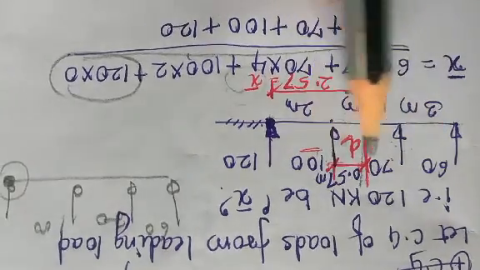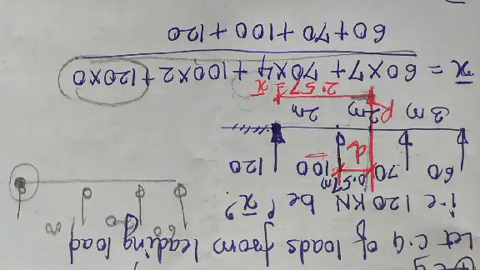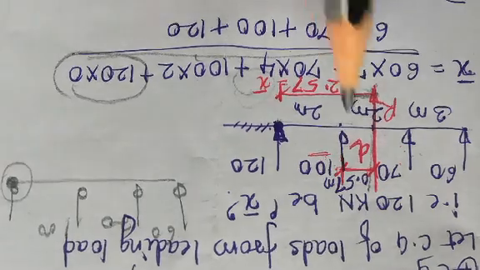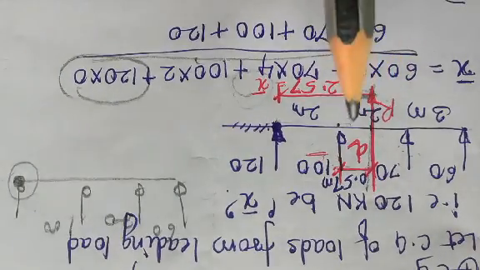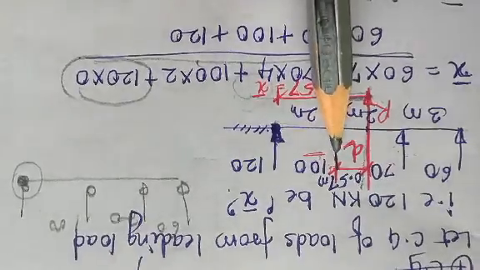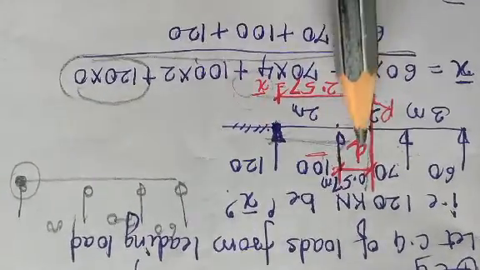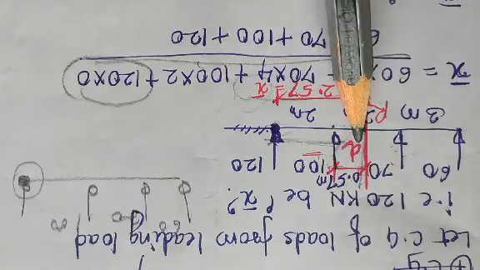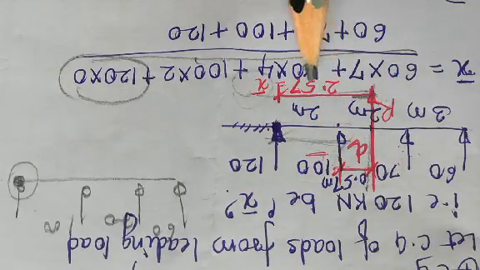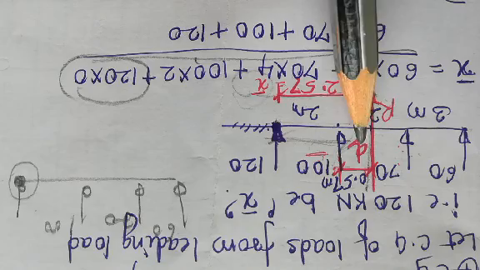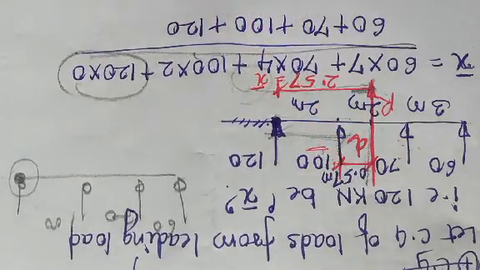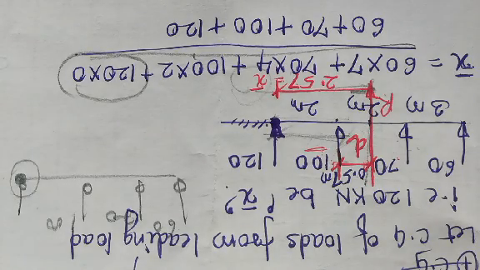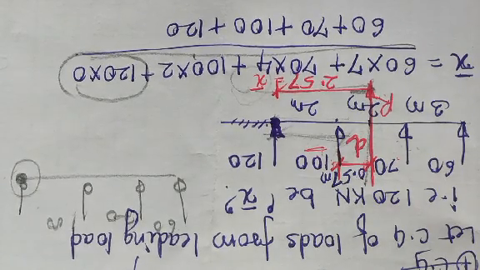Now in between these two loads I have to choose the heavier load. In between 70 and 100, obviously the heavier load is 100. Now I have to calculate the distance between the heavy load and the resultant. How will I do it? X bar minus this distance. I will get the remaining distance D, because D plus 2 meter will give me 2.57. So obviously if I want D, it will be 2.57 minus 2 meter. So I will get the distance as 0.57. Now this 0.57 is the value of D.